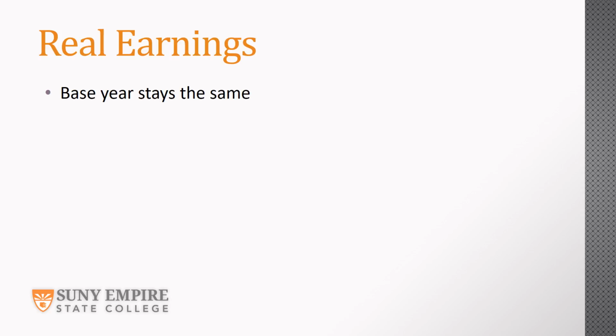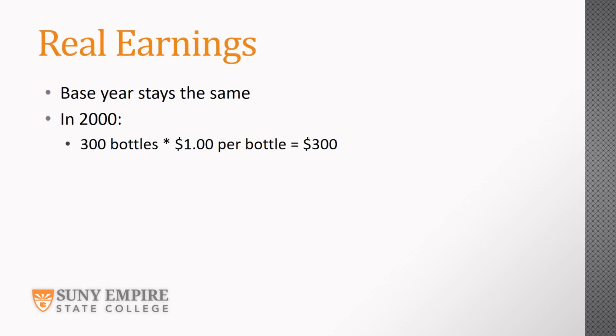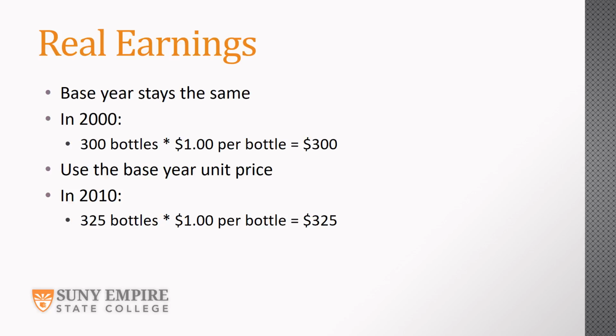Nothing changes when we find the real earnings for the base year. Multiply the 300 bottles sold by the unit price per bottle of $1. This gives real earnings for the year 2000 of $300. When we find the real earnings for the later year, we use the price level from the base year. To find the real earnings from soda sales in 2010, we multiply the 325 bottles sold by the base price of $1 per soda. This gives real earnings of